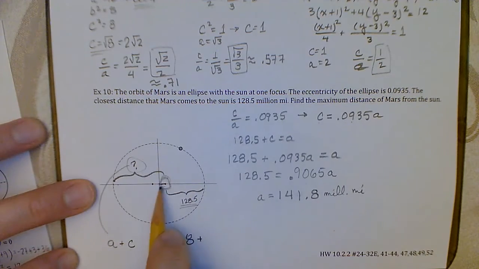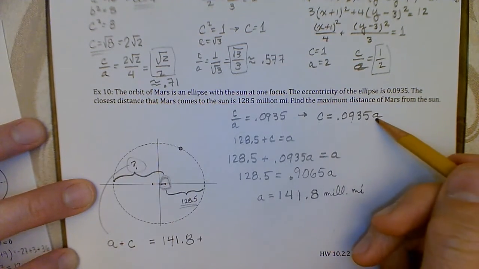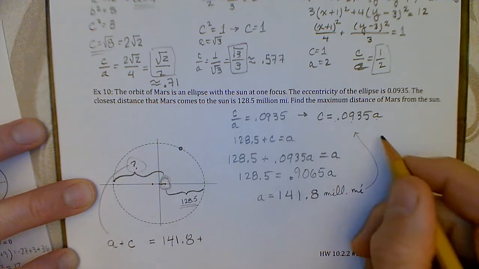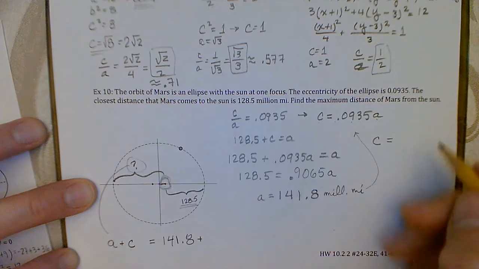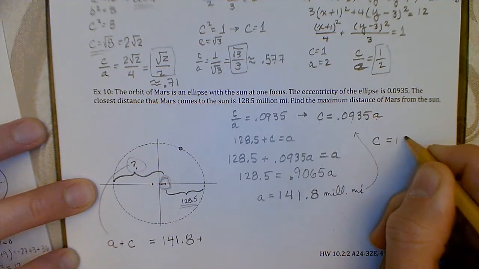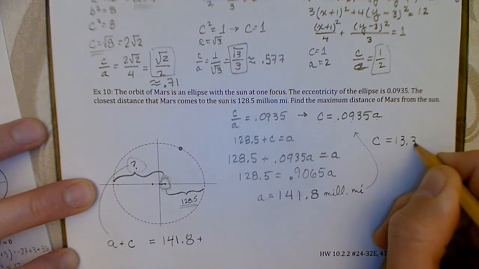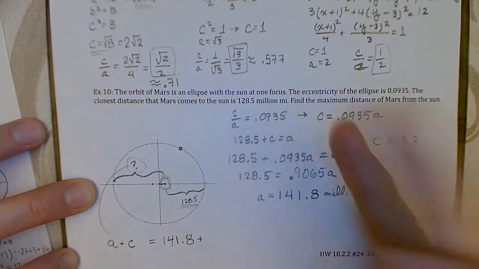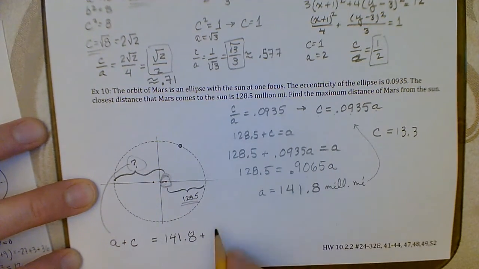We didn't find C yet, but now that we have our A, we just plug that back in, and we know that C ends up being 13.3 million miles. We find C by plugging A back into either equation, really. Now if we add that up, we get 155.1